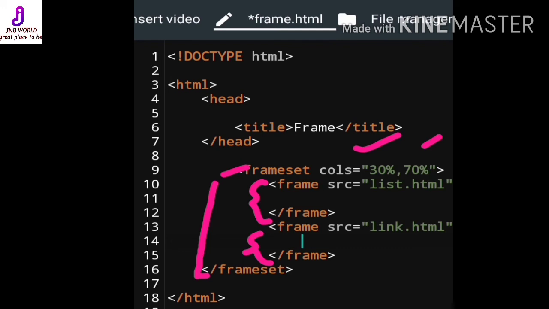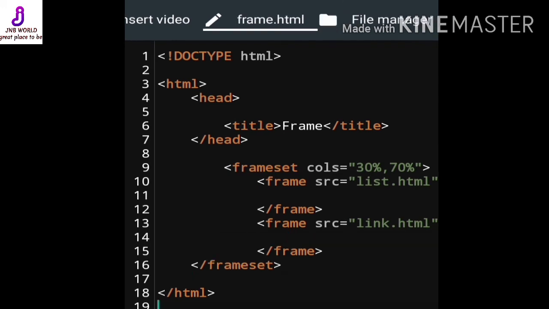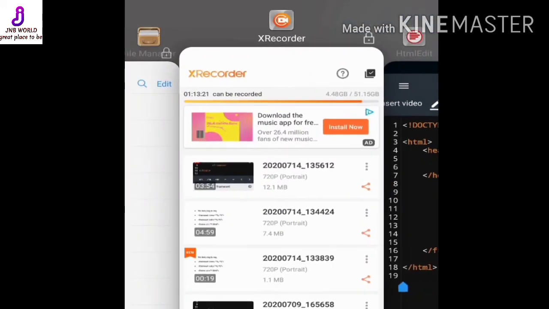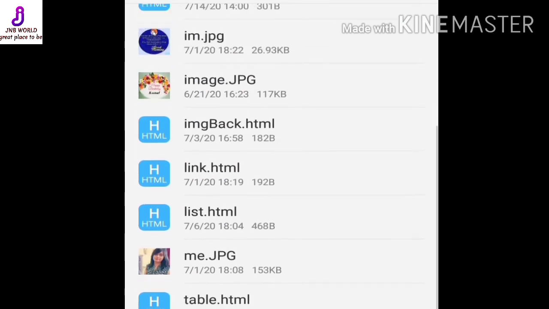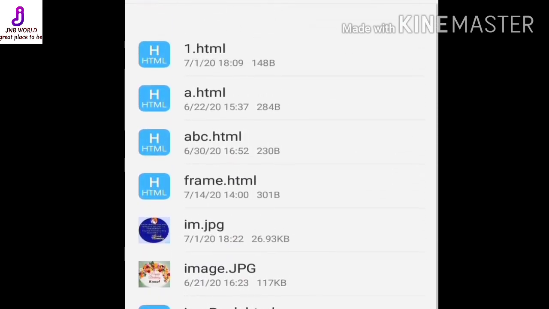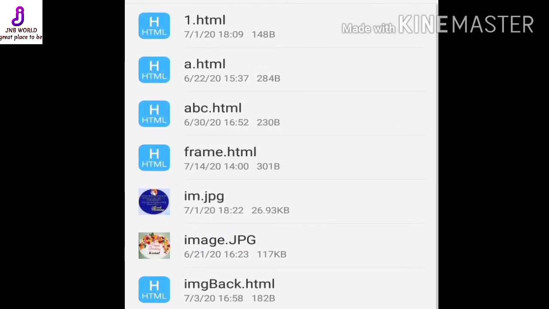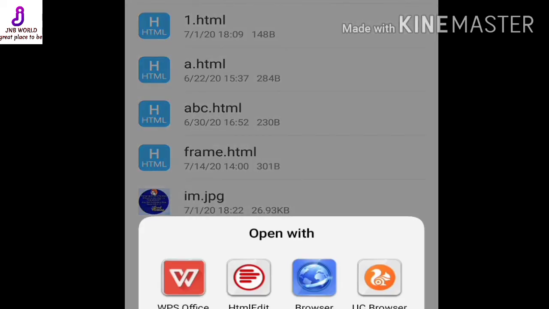Clear? Now we have to save it. Now I am going to the browser. My document is frame, this one. Then go to the browser.